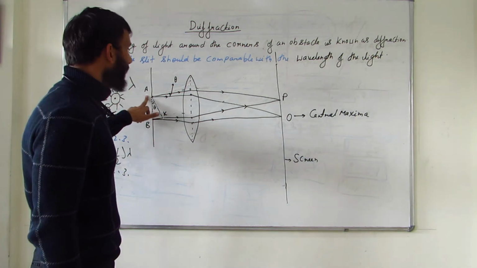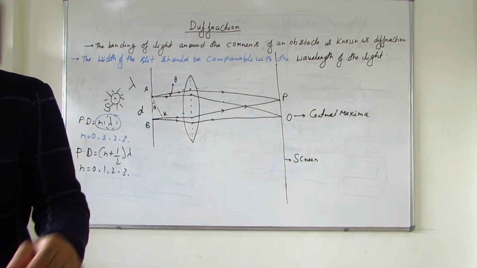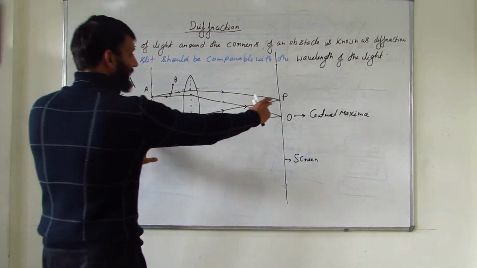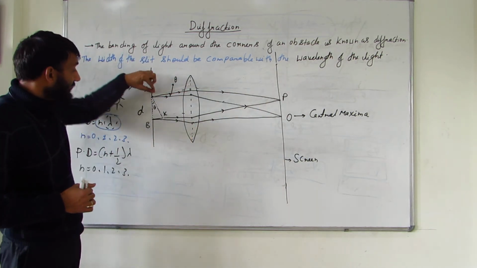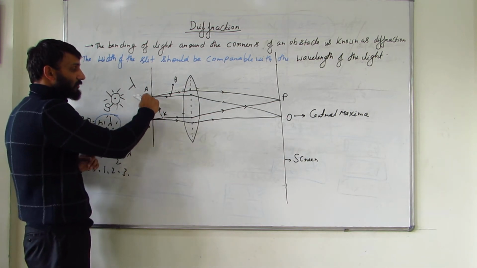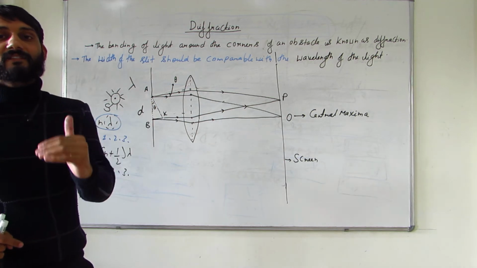Now the wave from A goes to P, the wave from B goes to P. As you can see, the wave going from B to P travels a longer distance as compared to the one from A to P. So there is a path difference which is created. Now if you remember previously, how do we calculate that path difference? By drawing the normal. So we have drawn this normal AK, and after drawing the normal AK, it will give us the path difference.